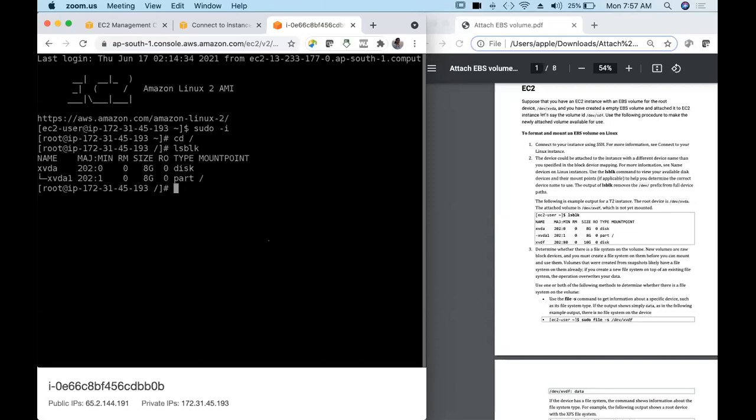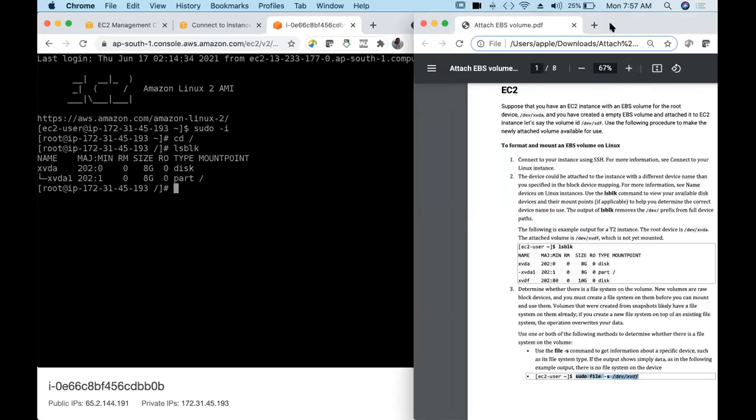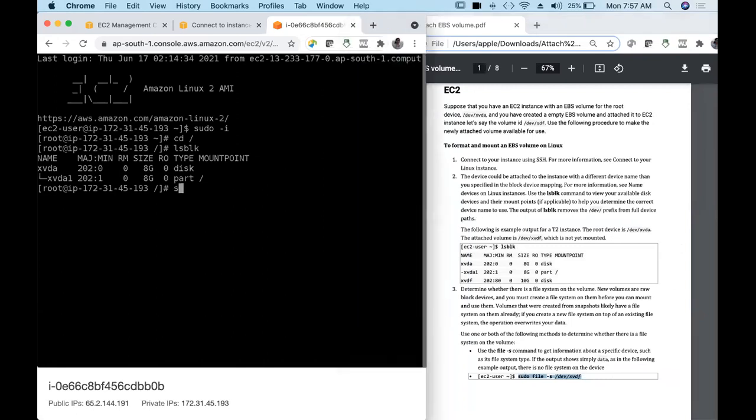Sudo, this one, this is your next command. Since we are already a root user, you can just say file -s /dev/xvdf. Here xvdf should be there, but we are not getting xvdf.